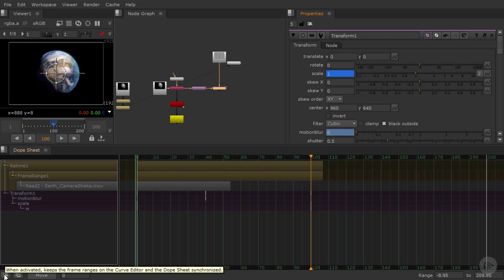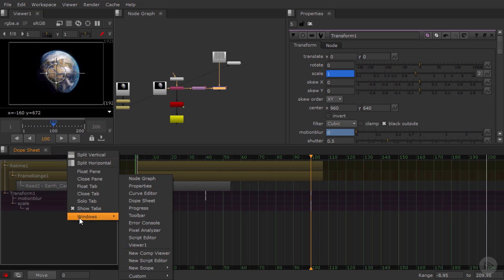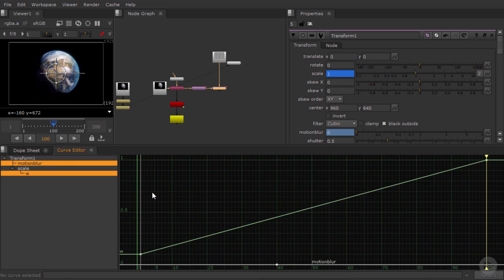Well, what does that mean? There are two different ways to look at your timeline. There's the dope sheet and there's the curve editor. And this button just keeps the view in the same frame range when this button's clicked between the dope sheet and the curve editor. So if I go up here and just add a curve editor really quick, you'll see